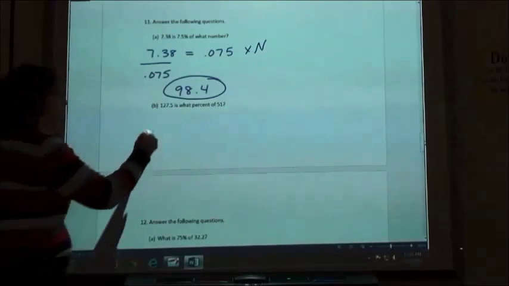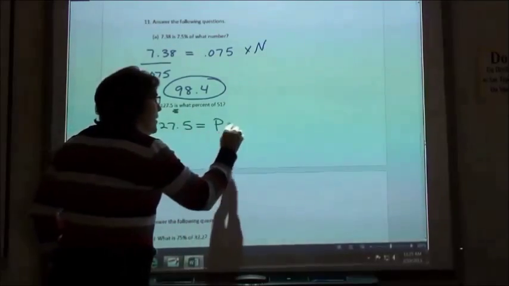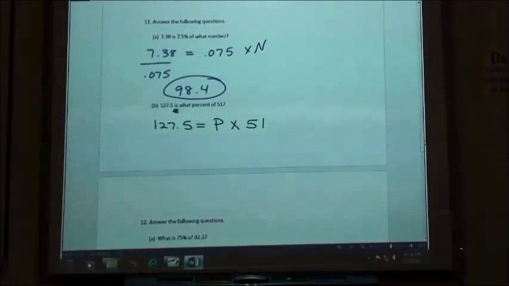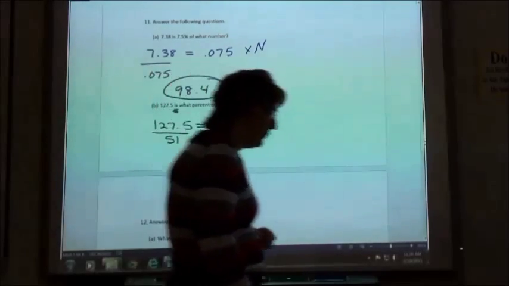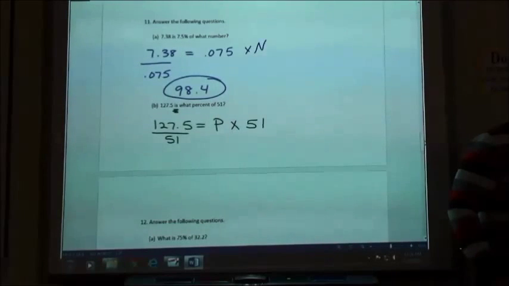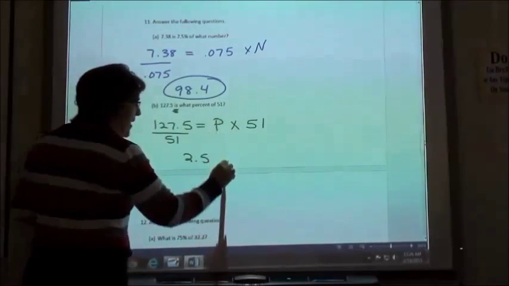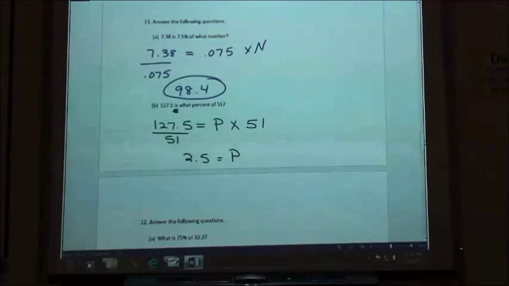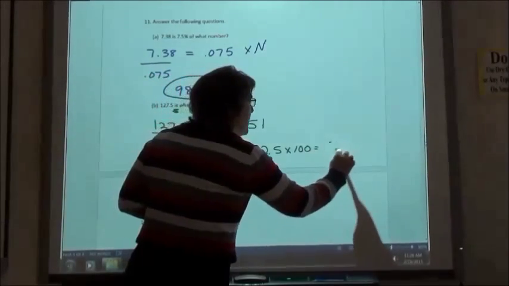The next one, it says 127.5 equals what percent of 51? Of means times. So again, to solve that to get the percent by itself, since this is times, I'm going to end up dividing by that 51. 127.5 divided by 51 gives me the decimal 2.5. I still need to change my decimal into a percent, so I have to multiply it by 100. 2.5 times 100 gives me